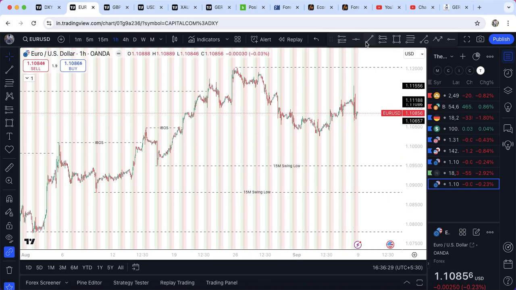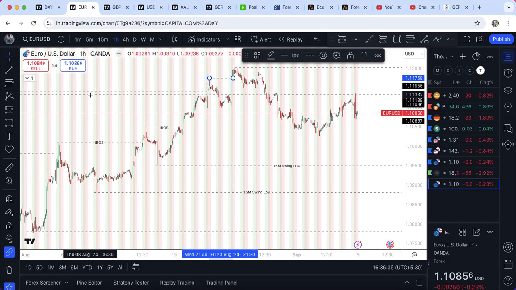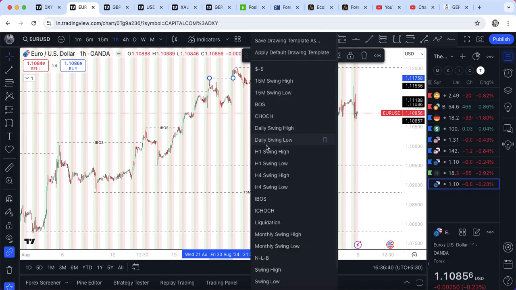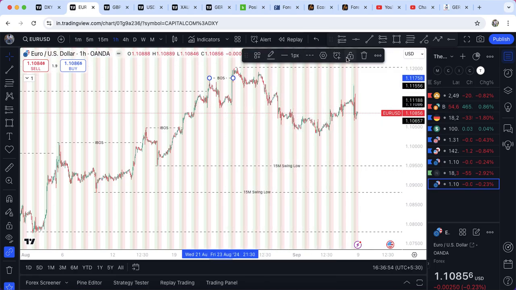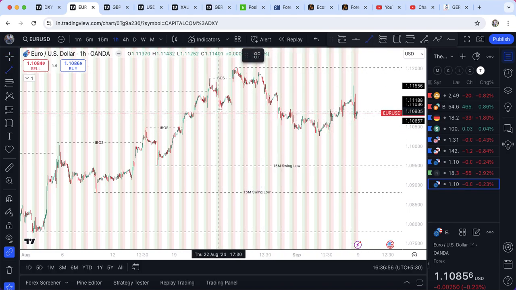So right now, in 1 hour, you see this high was broken. It came down after breaking the left structure, came back and put in the IBOS. So now this was the low that caused this high, and now it has been broken. I call this a change of character,